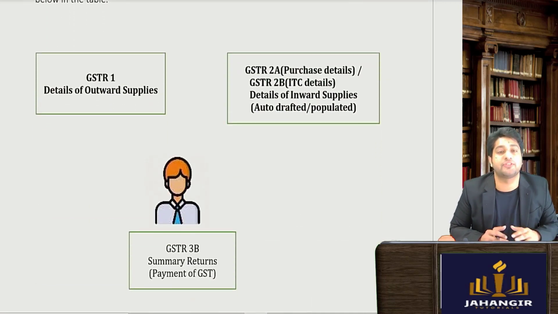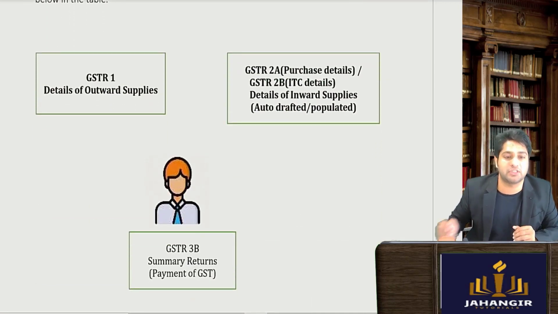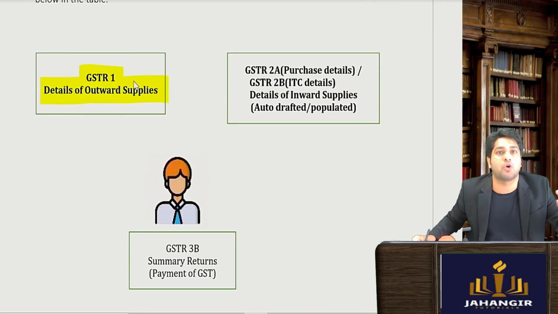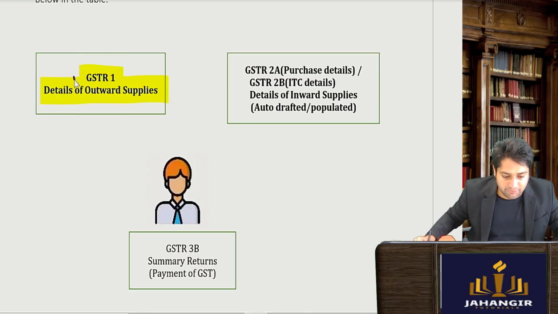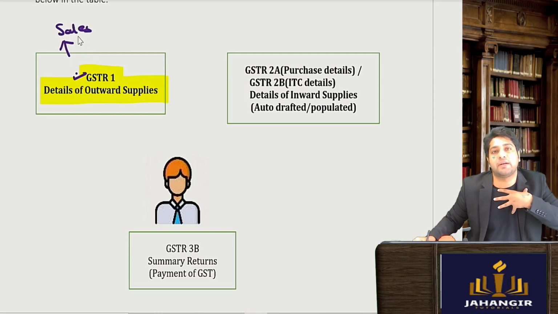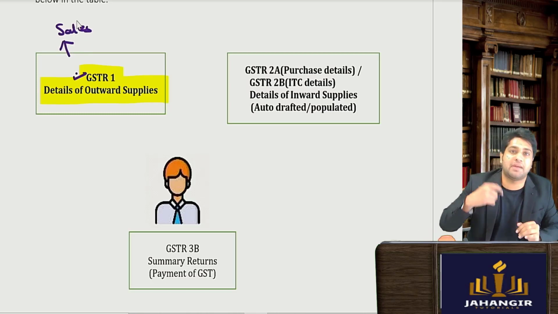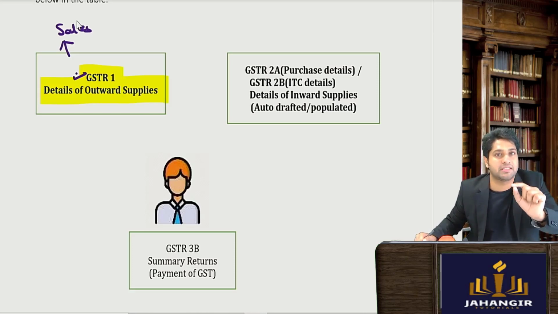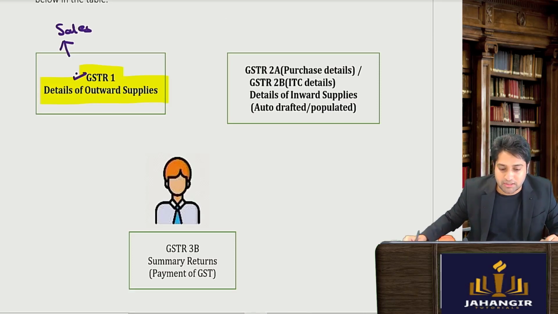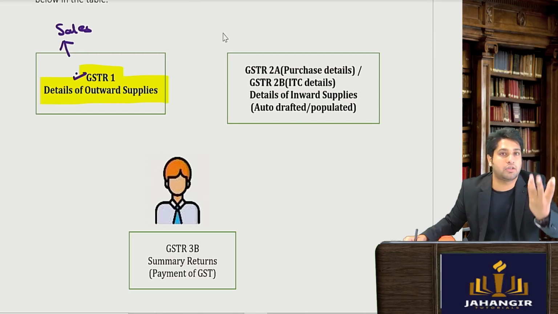Now, the details of the sales of a dealer will be contained in your GSTR1. So whenever a dealer has made a sales or a outward supply, he will go and fill up his GSTR1. GSTR1 contains details of your sales. So it will come up that I have made a sales to you. The moment I mention your name and your details in your GST account, in the purchases GST account, something will be popped up or auto populated.